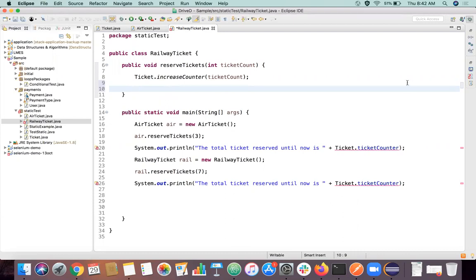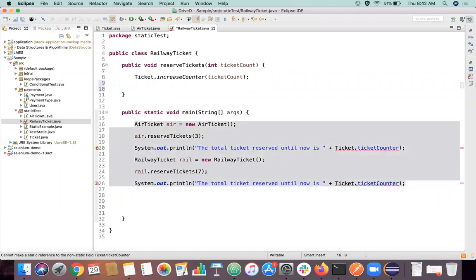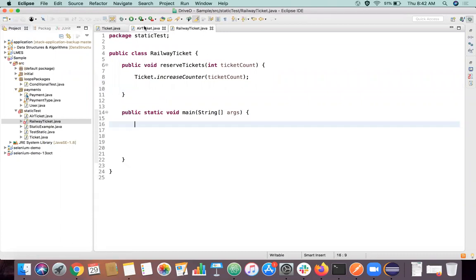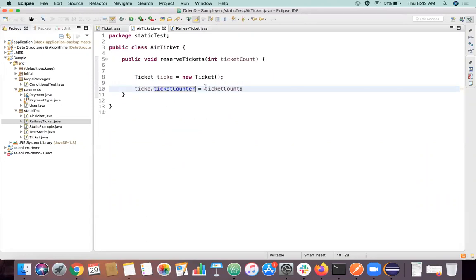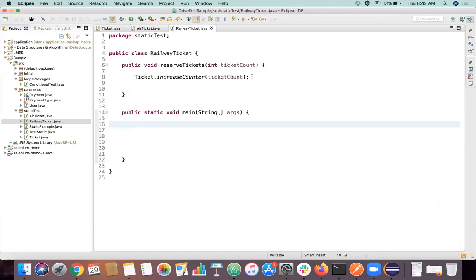Forget like everything, these things existing. Okay, so I have set this ticket counter here. I just wanted to increase the value based on whatever argument I get here, this ticket count I get here. Forget this existed too. So what should I do now? What should be the logic inside this method?